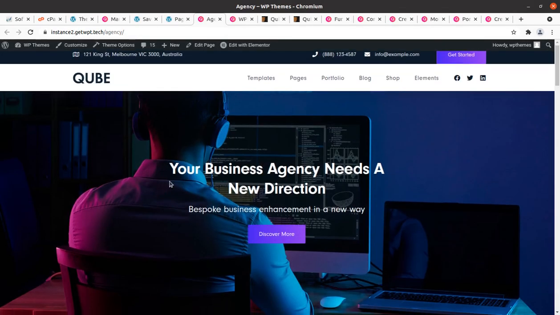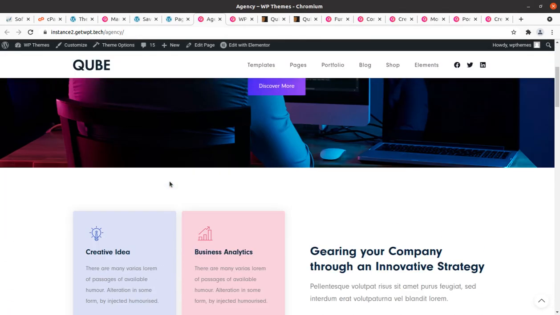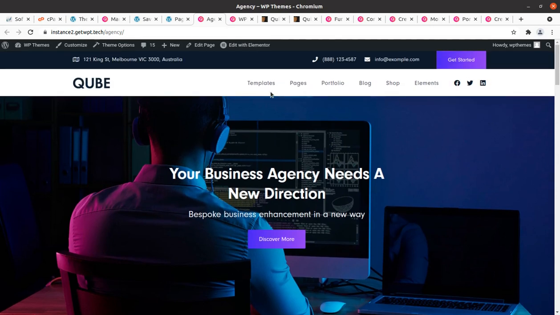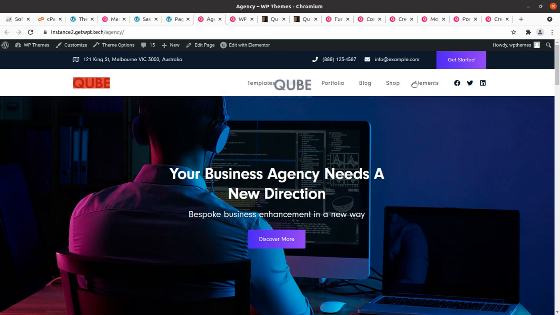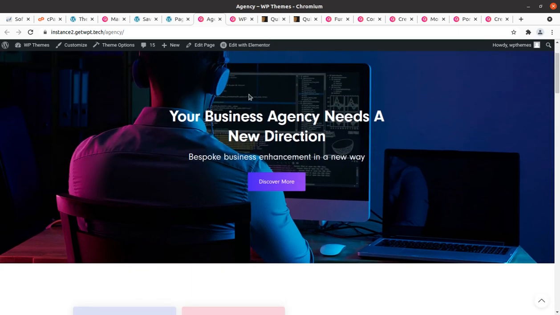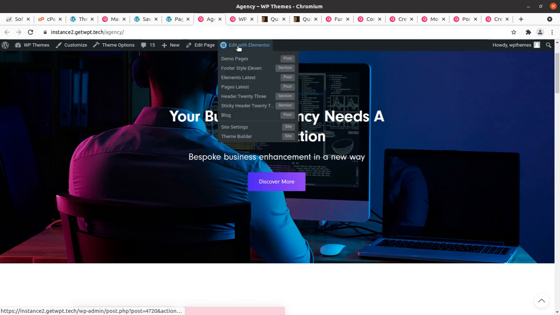Suppose you are selecting this agency as the home page of your website. Okay, so this is the page, and this is the logo area, the header area that is being used on the page. Simply click on the edit with Elementor option.